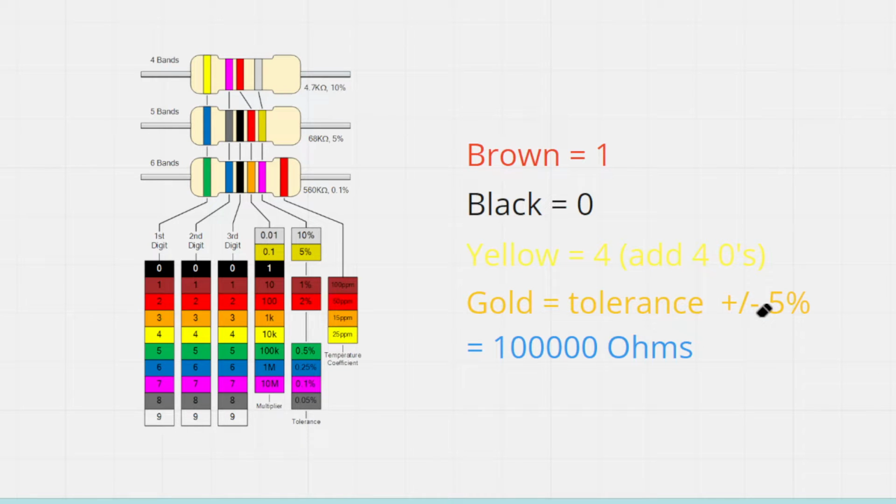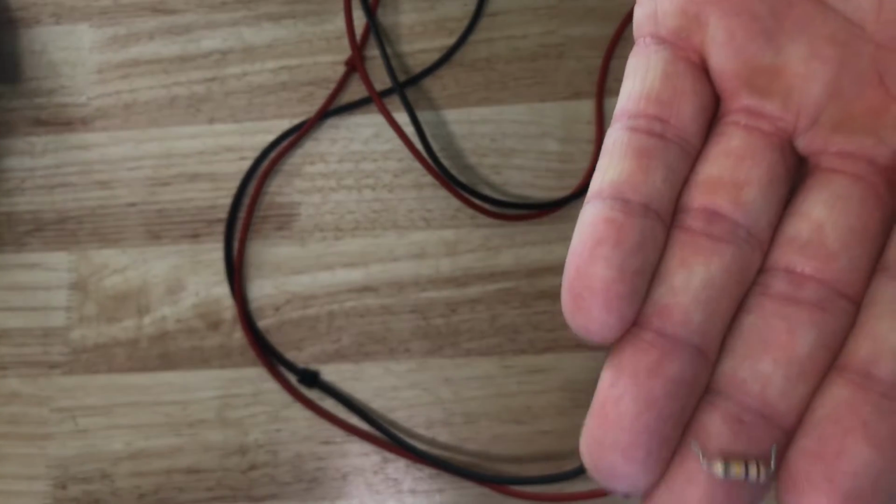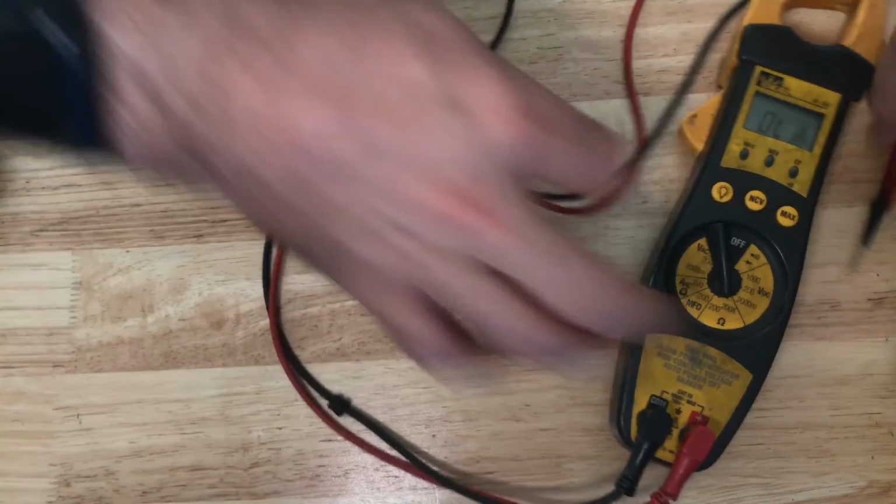So it should fall within 5%. 5% of 100,000 ohms would be 5,000, which means that my actual reading should be between 95,000 and 105,000. So 100K plus or minus 5%. And if I wanted to use this in an electronic circuit, it could potentially be important for me to know that exact resistor value. So before I go ahead and use that, now that I've worked out what the value is,